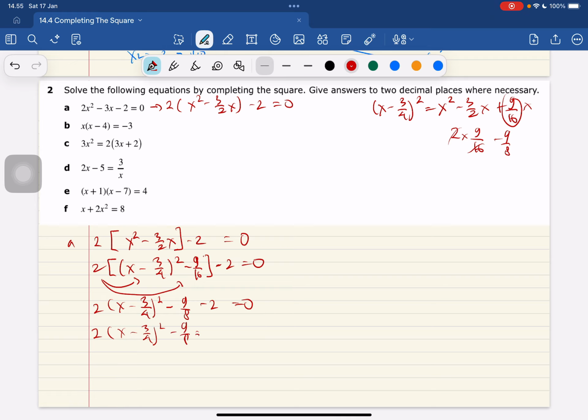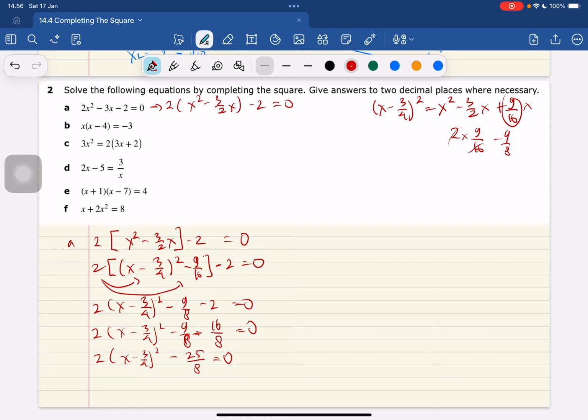Here also let us make it a fraction over 8, so multiply it by 8, so 16 over 8 equal to 0. So 2 times x minus 3 over 4 squared minus 9 minus 16, which is 25 over 8, equal